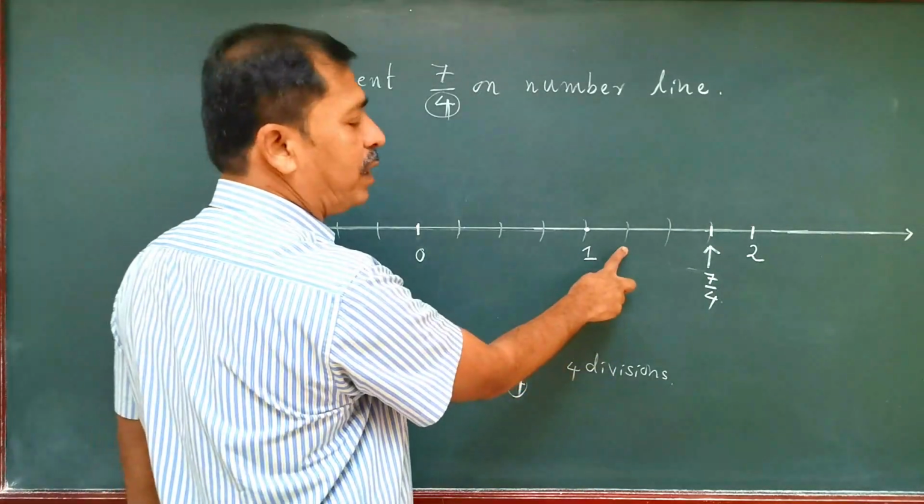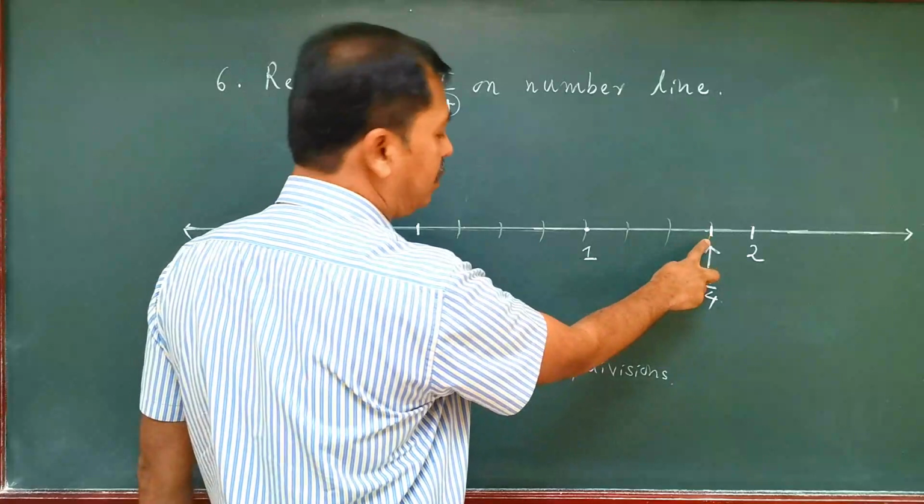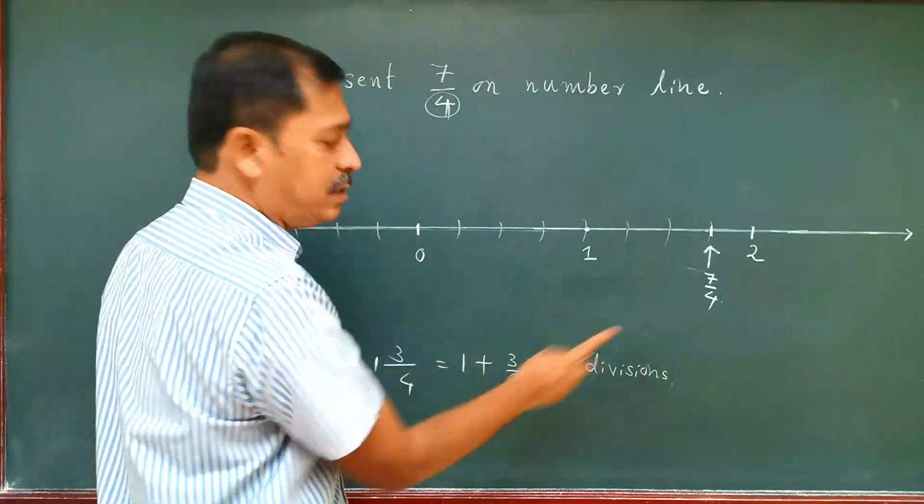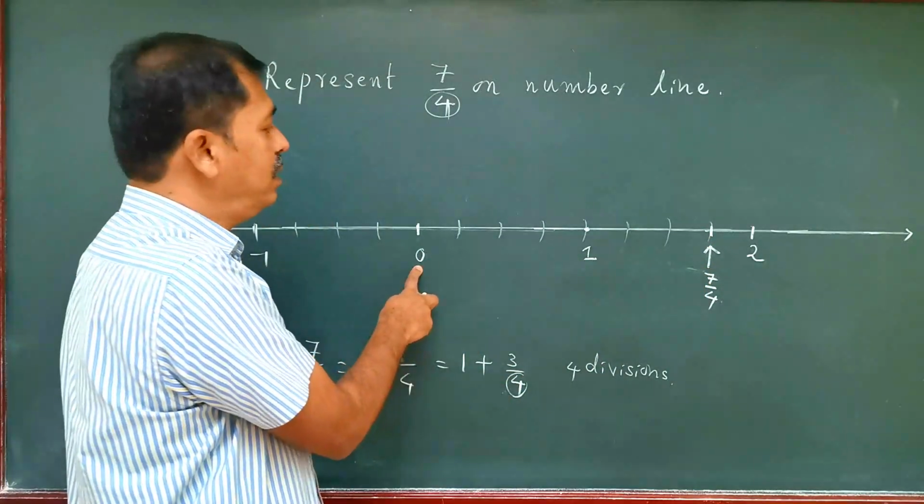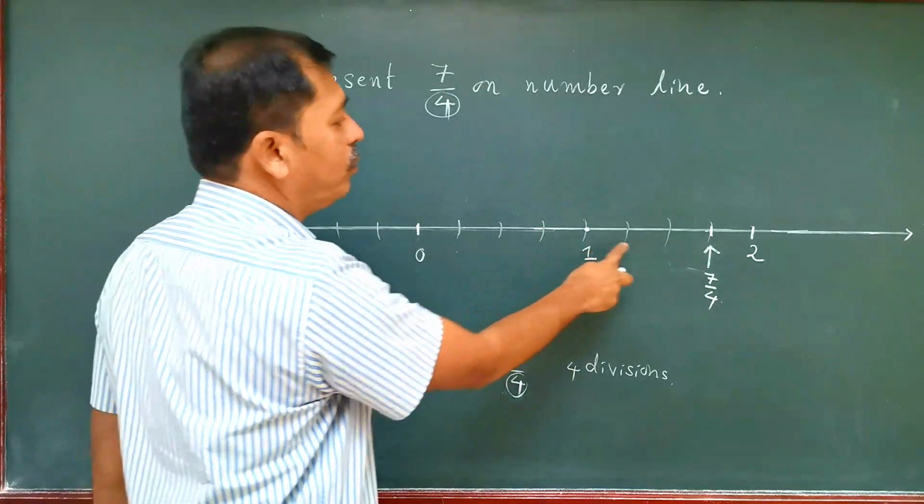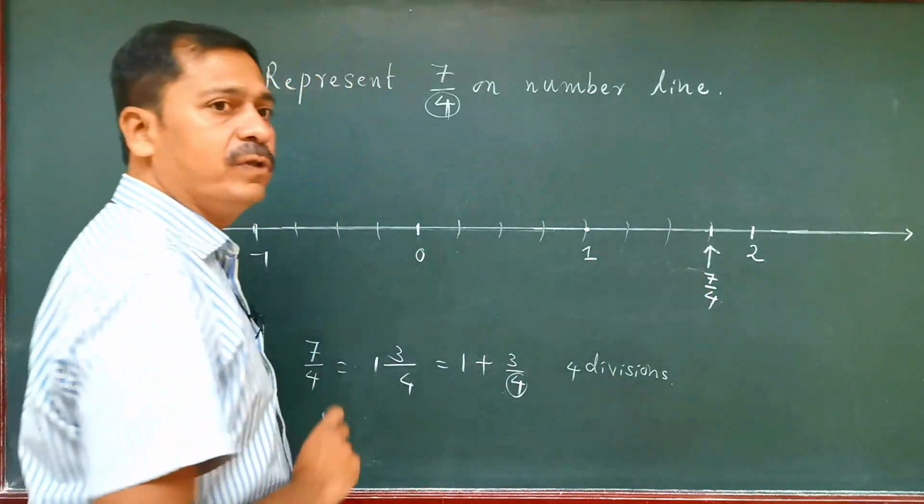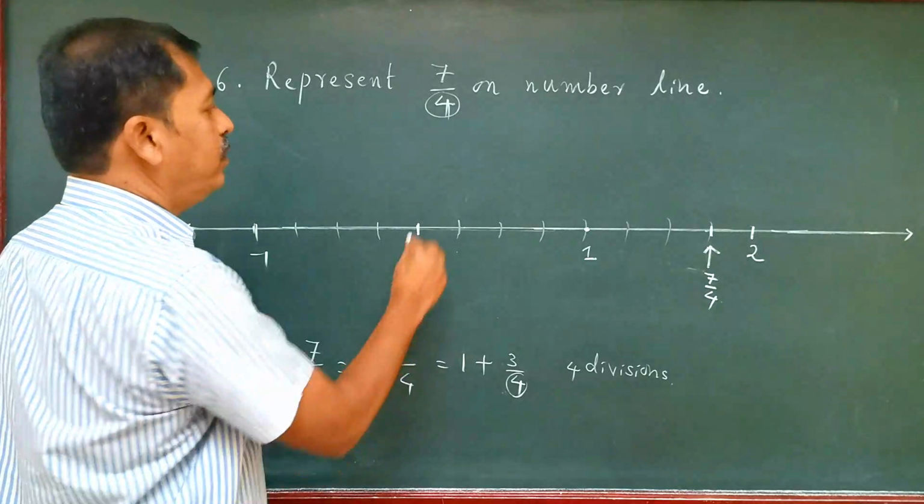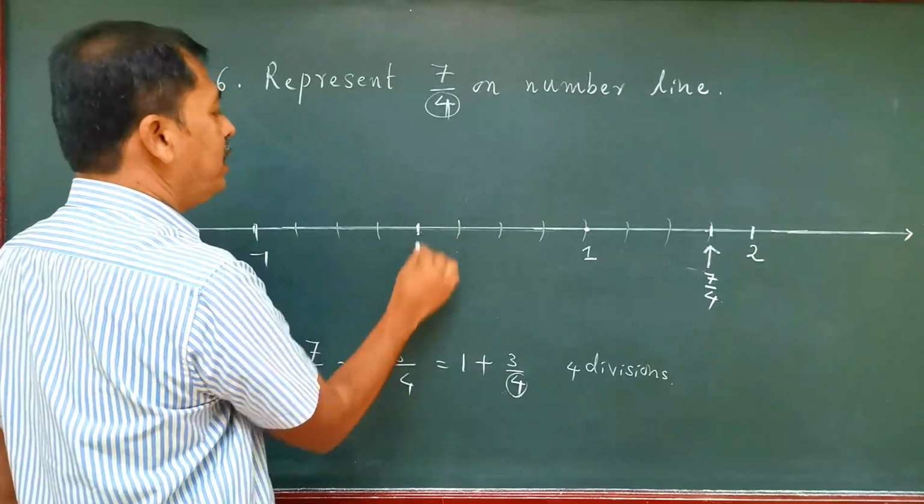See this is the first part, second part, and this is the third part. After 1 it is the third part. From here it is the seventh part. See 1, 2, 3, 4, 5, 6, 7. Follow this? Okay. See this one you may take it as a